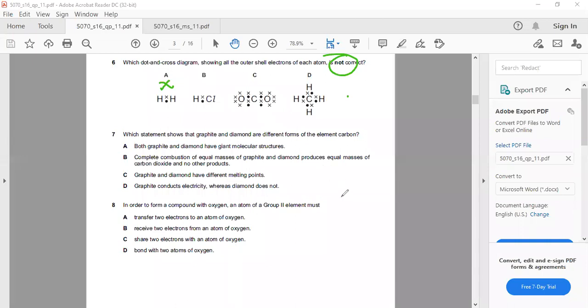C is carbon dioxide, and it is correct because oxygen has 6 electrons. So you can say B is the answer is easier because chlorine is in group 7. Group 7 means you have to show the valence electrons of all the atoms also. So B is the answer. D is also correct because it is methane.